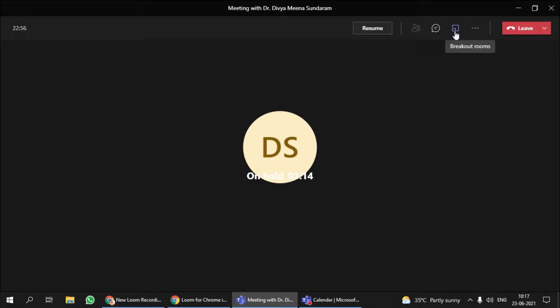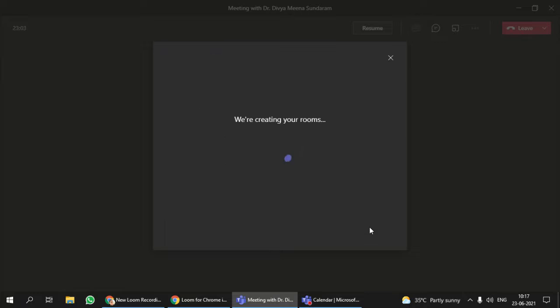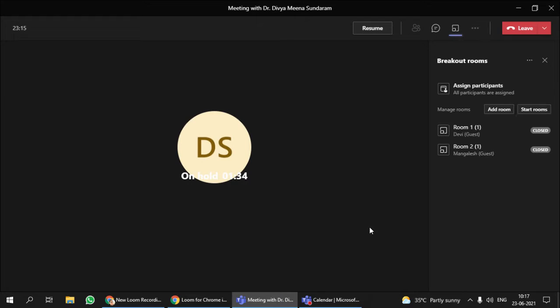Again, I'll show you the same option, breakout rooms. I'm going to create 2 rooms again, but this time I'm going to choose the automatic option and create rooms. In this case, the participants will be randomly allotted to two different rooms. You can see here room 1 has one participant, room 2 again has one participant.